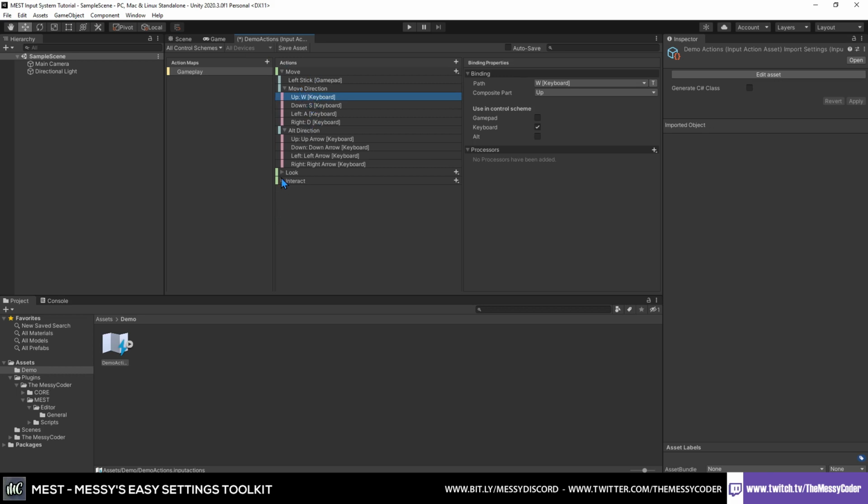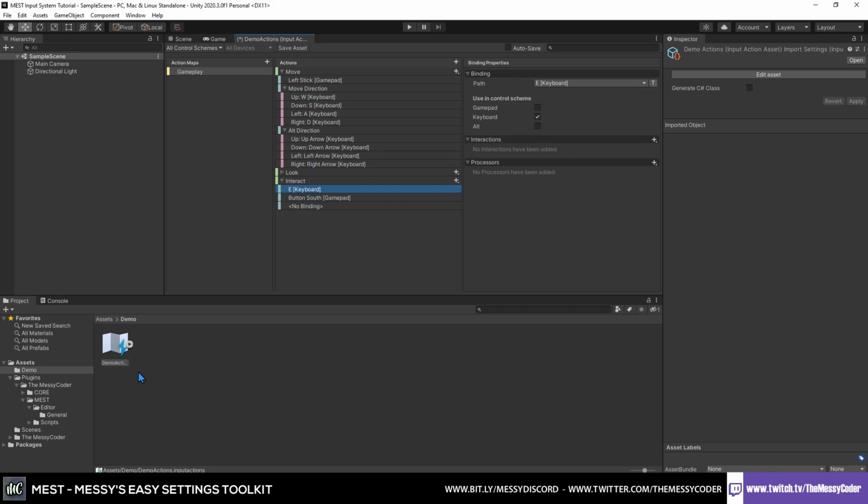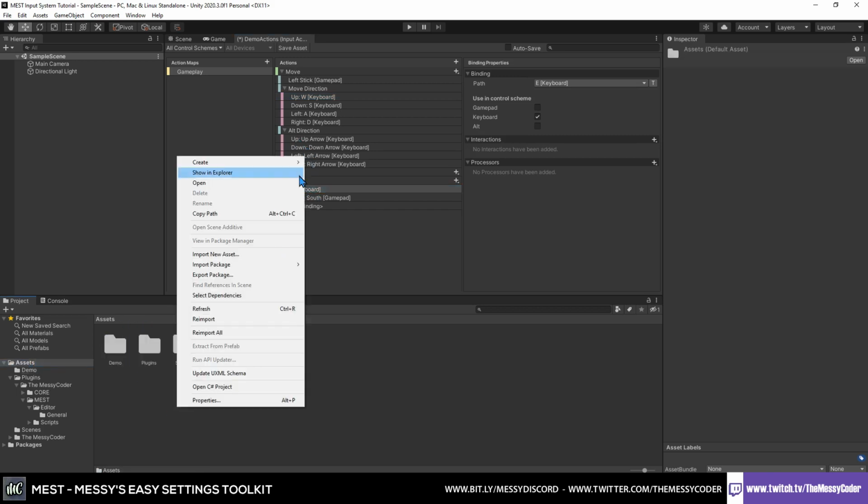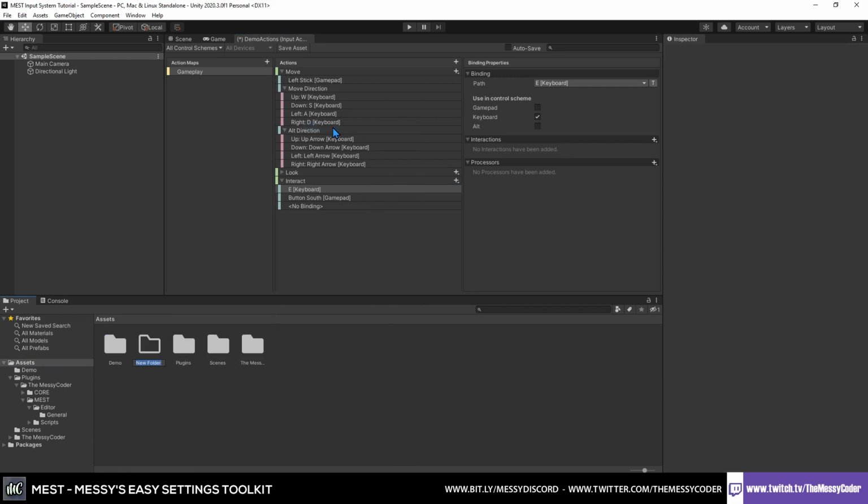And you can also have, you don't need to have composites like over here. The E button for the interact is just the E button by itself. It's not made up of multiple ones. Okay, now we need to just make our folder for, I'm just going to put resources folder, and inside my